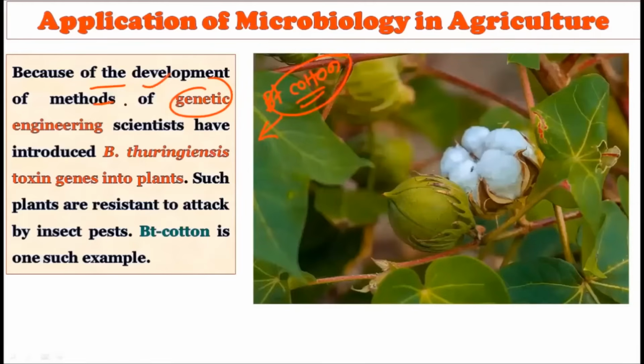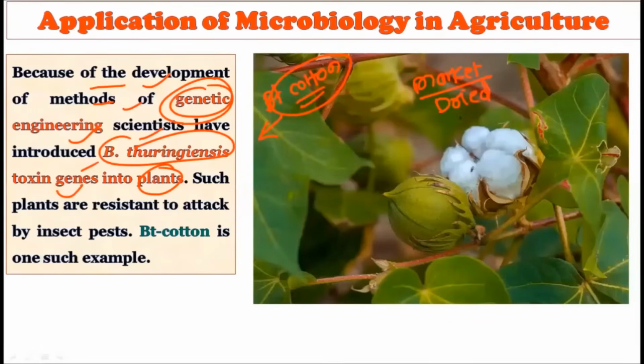Now see, due to the development of the methods in genetic engineering, scientists introduced the Bacillus thuringiensis toxin gene into the plant. देखिए, पहले क्या होता था कि हम क्या करते थे कि अगर कैटरपिलर को रोकना है तो मार्केट में जाके ड्राइड स्पोर लेके आते थे. ठीक है, मार्केट में जाके ड्राइड स्पोर जब लेके आ गए तो इन ड्राइड स्पोर को वाटर में मिक्स कर दिया, और वाटर में मिक्स करने के बाद में फिर प्लांट पे ऐसे स्प्रे कर दिया, फिर जैसे कैटरपिलर उसको खाएगा तो वो डेड हो जाएगा।